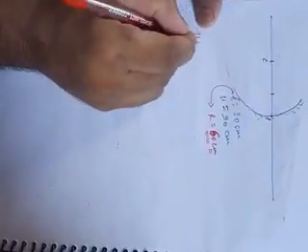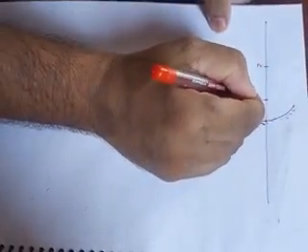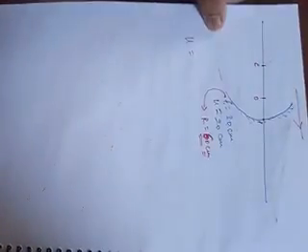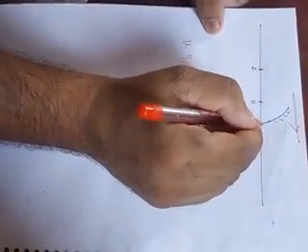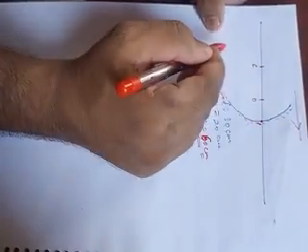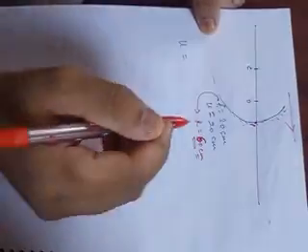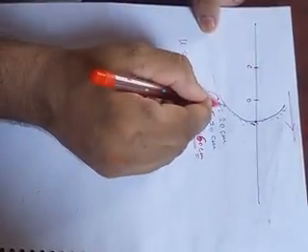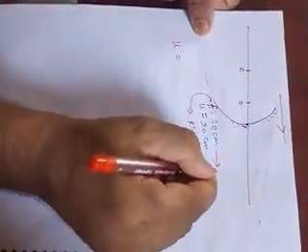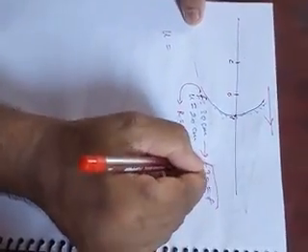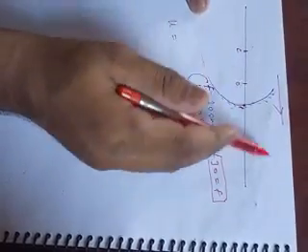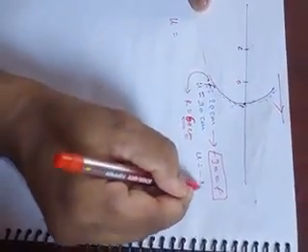If the object is a real object, the rays will go in the right direction like this. So our measurement will be from the pole. Every distance in the right will be positive, every distance in the left will be negative. So the focus, this focal length, we are getting on the left side, so this will be -30, f equal to -30. Similarly, the object will be on the left while the ray is moving to the right, so u also is -20.